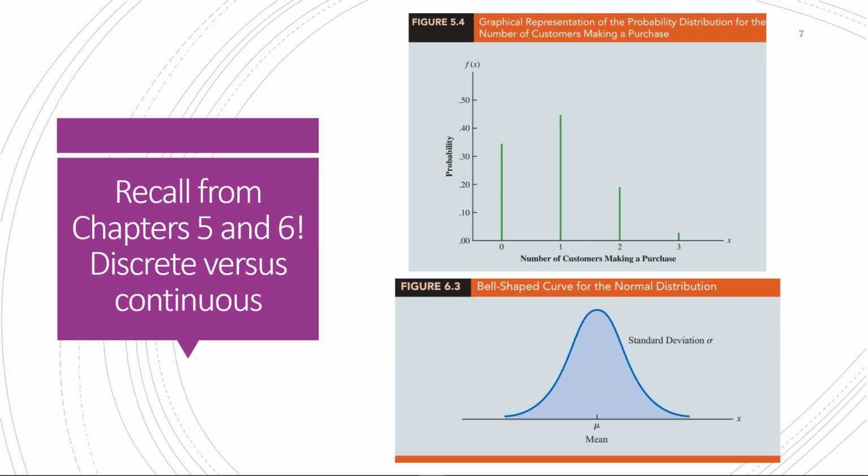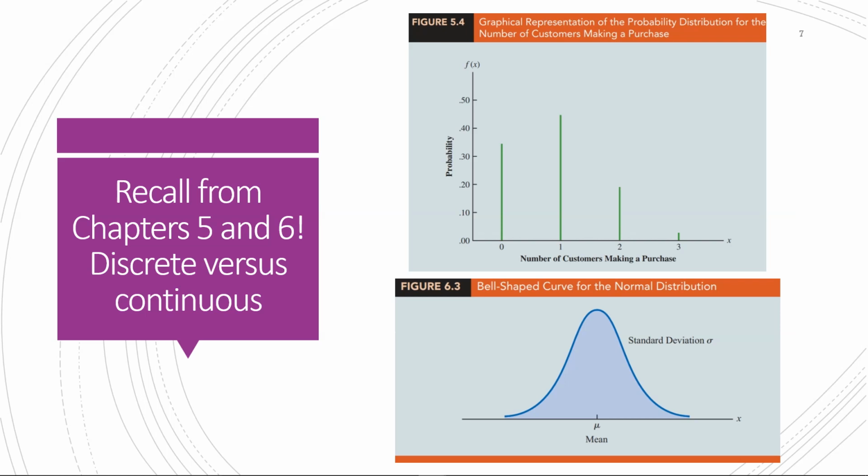So let's talk about sampling distribution. It's a distribution, it's a probability distribution. So far, chapters 5 and 6, let's go back to those. Those were about probability distributions. Why were they important? Remember, probability distributions are important because they help us calculate probabilities, which is ultimately what we're interested in calculating, right? The probability of events.